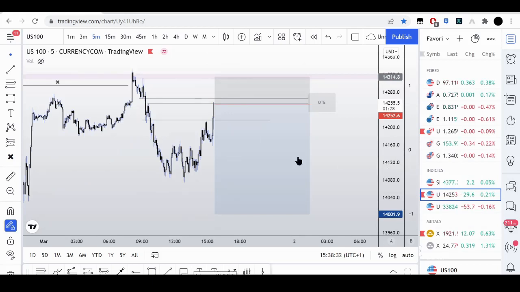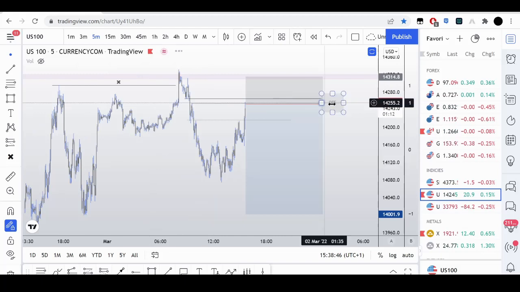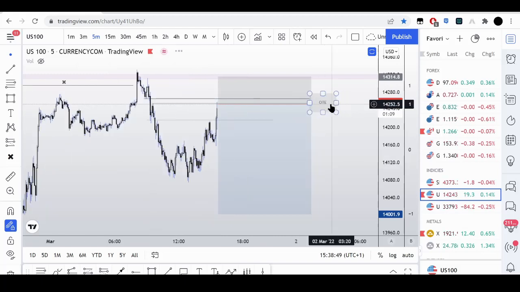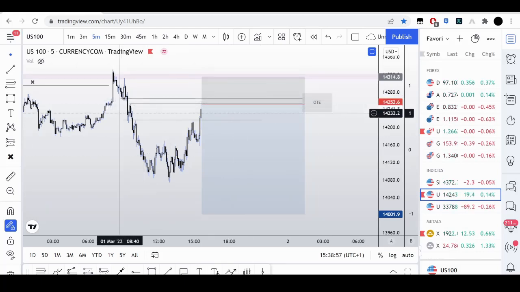All right, we just came into my entry right now, and let me make sure I'm recording. Yeah, we just came into my entry right now. We came into this fair value gap. I'm looking for us to respect this fair value gap and get a nice displacement lower. We are also inside of OTE. If you draw from this high to low, OTE is inside of this range right here with this fair value gap and order block. I think this is a very high probable setup. You know what I'm saying?